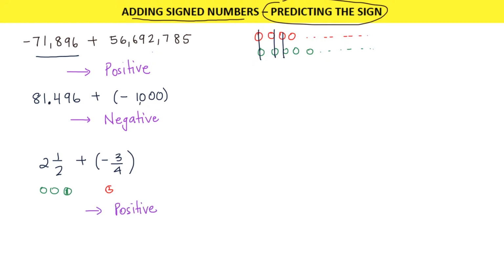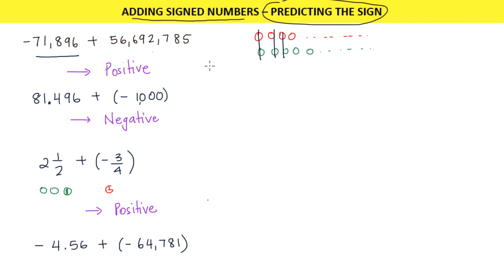Now let's do one last problem. Negative 4.56 plus negative 64,781. What do we do in this case? We have one number that is negative and the other number is also negative. So both numbers are negative, which is different from these three problems. In these three problems,